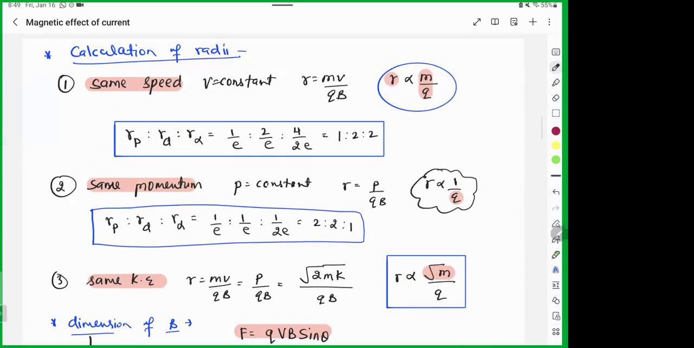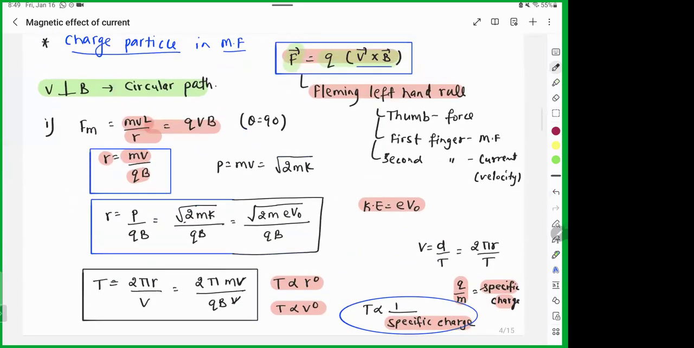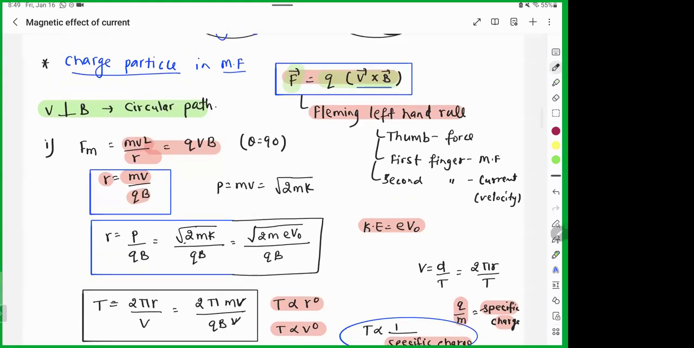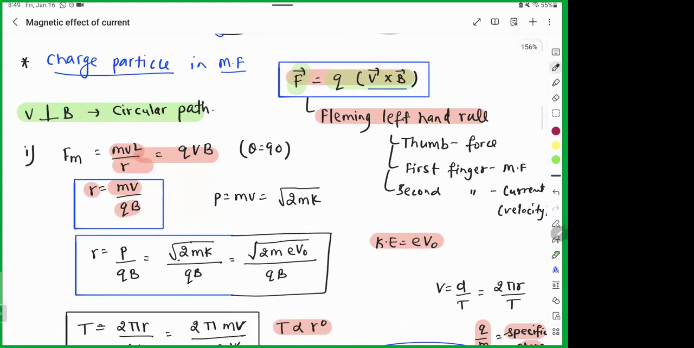Lorentz force. So, charged particle in MF, meaning magnetic field. You have to write the complete thing. Charged particle in magnetic field, force value will be equal to q v B sine theta. Fleming left hand rule: thumb represents force, first finger magnetic field, and second finger current. Interesting thing is,